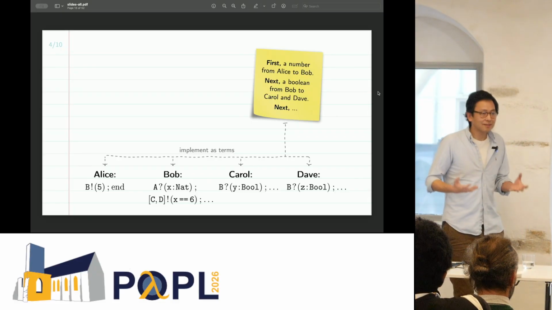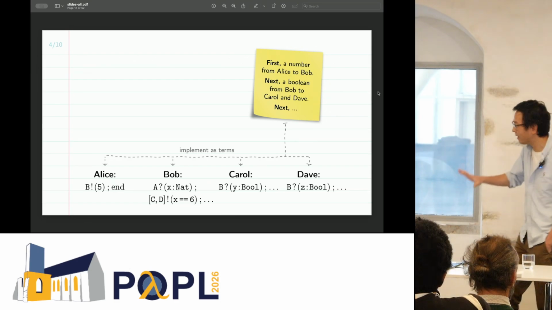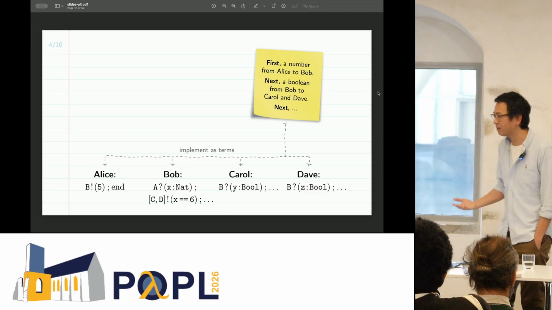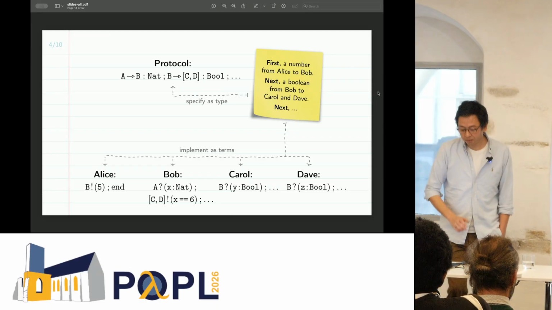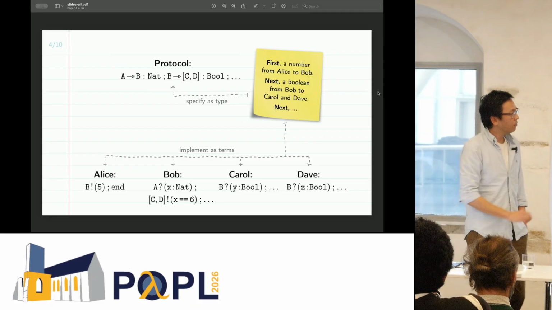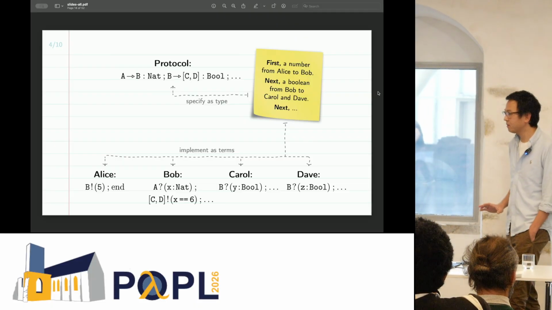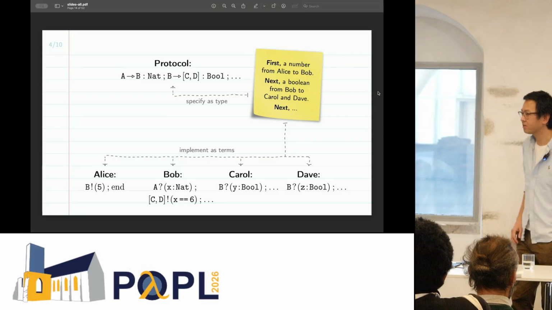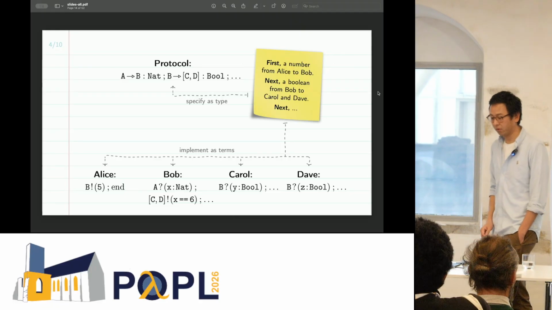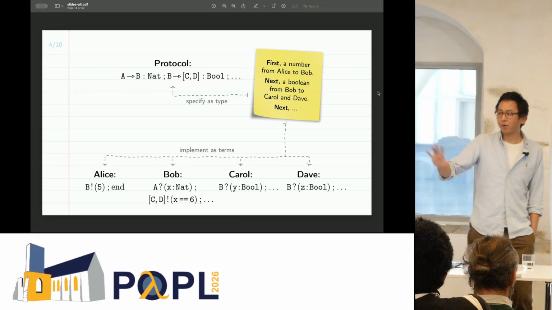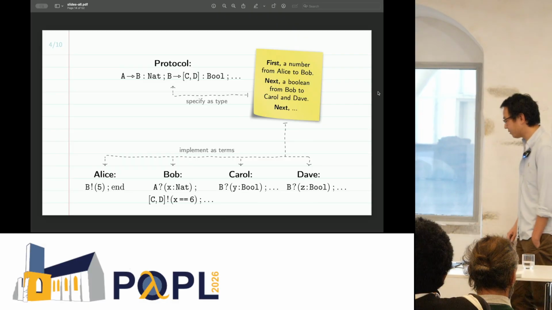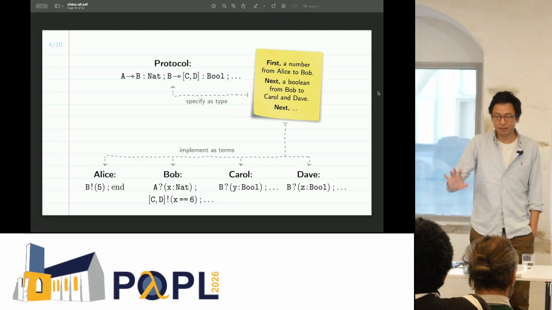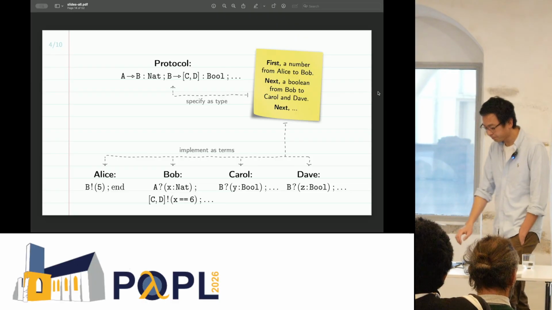Now, we also need to have a type that specifies the protocol. And again, because this example is so simple, I can write the type using only one kind of type constructor, and it looks something like this. Okay? We have this arrow here, which means, A arrow B means, a message is communicated from Alice to Bob, right? And the type of the message should be a number. Okay, that's our only type constructor. And then on the right-hand side of the semicolon, we have another type that specifies the continuation of the protocol. Right, this is the idea. This is our starting point.